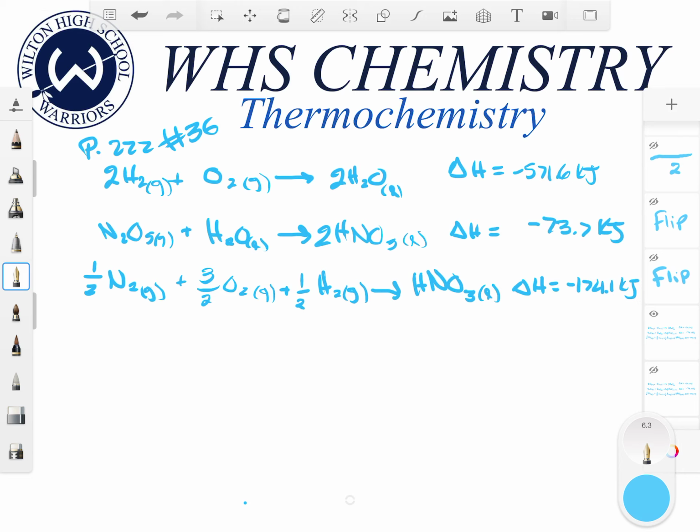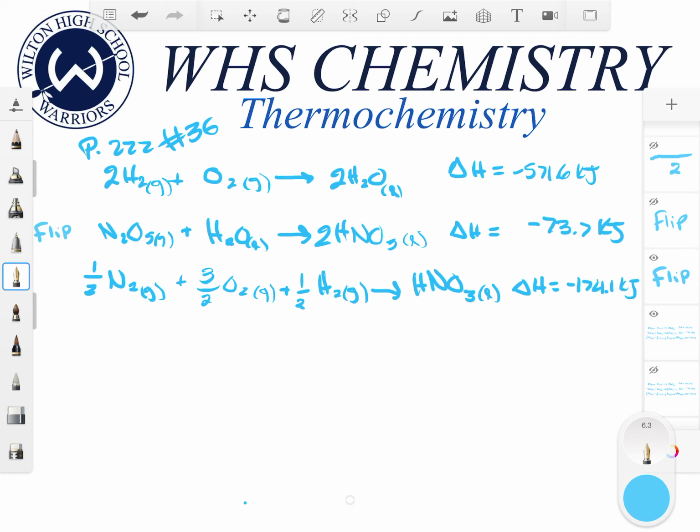So you know from the previous video, the only way you can cancel a compound or an element is if it appears on the left side of one equation and the right side of another. You can't cancel out compounds if they're on the same side of two equations. So for example, we know that we're only looking for nitrogen, oxygen, and dinitrogen pentoxide in the final equation. So that means that nitric acid, which is appearing in two equations here, must cancel out somehow. However, you see in the second and third equation, nitric acid is a product in both reactions, which means you can't cancel it. But if we flip this second equation here,